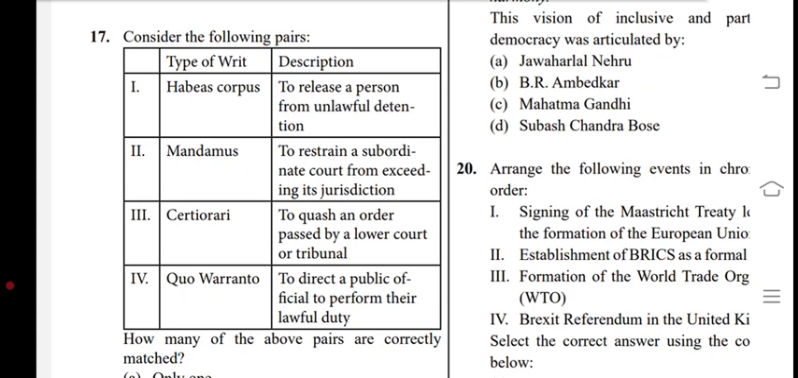Consider the following various types of writs: habeas corpus, to release a person from unlawful detention. Mandamus to